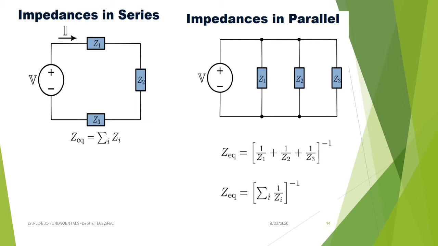Then coming to impedances in parallel, in the case of sinusoidal responses like AC input, if Z1, Z2, Z3 are connected in parallel, then 1 by Z equivalent is equal to 1 by Z1 plus 1 by Z2 plus 1 by Z3, just as with resistances connected in series as well as in parallel. The same way we can calculate in the case of impedances also. If connected in series, Z equivalent is Z1 plus Z2 plus Z3, the sum of the components. If connected in parallel, 1 over Z equivalent is 1 by Z1 plus 1 by Z2 plus 1 by Z3 and so on. These are the equations for impedances in series and in parallel.